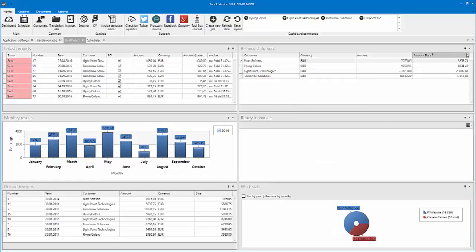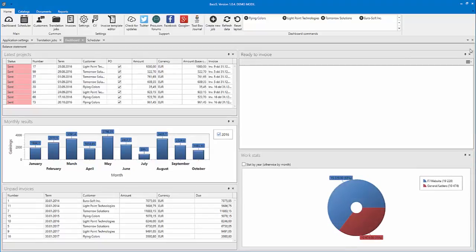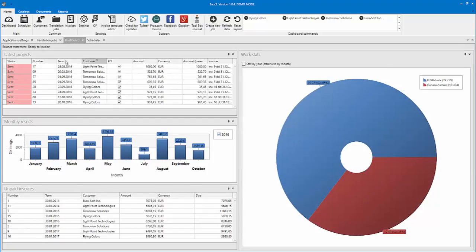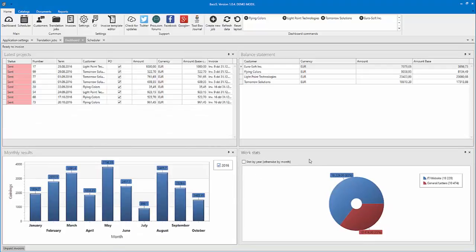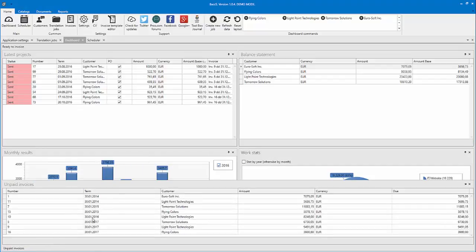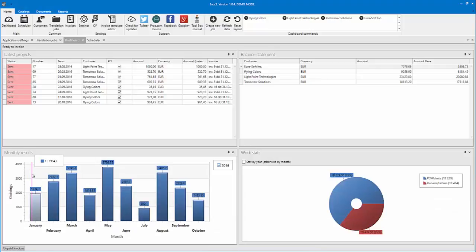Also, all panes can be hidden. Just click close. All closed panes are listed here, so if you would like to restore one, just click on it and it will appear again. Instead of closing, you can hide it, auto hide. For example, let's hide unpaid invoices, and we see that they appear when we move our mouse